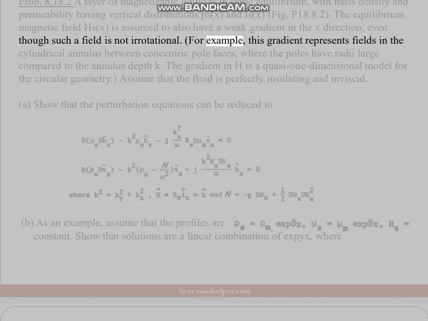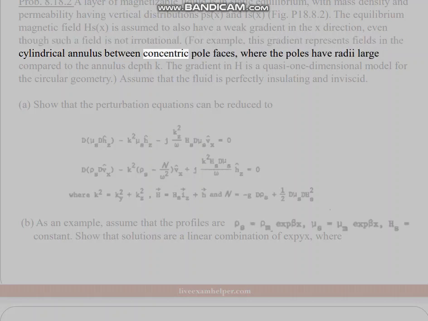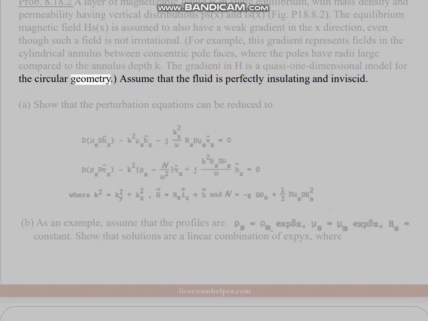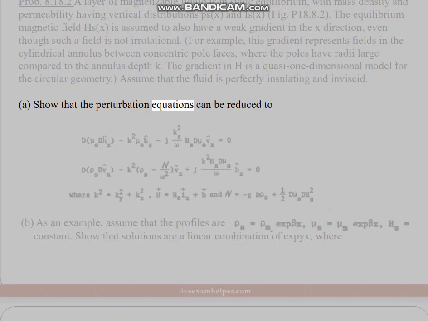For example, this gradient represents fields in the cylindrical annulus between concentric pole faces, where the poles have radii large compared to the annulus depth. The gradient in H is a quasi-one-dimensional model for the circular geometry. Assume that the fluid is perfectly insulating and inviscid. A. Show that the perturbation equations can be reduced to